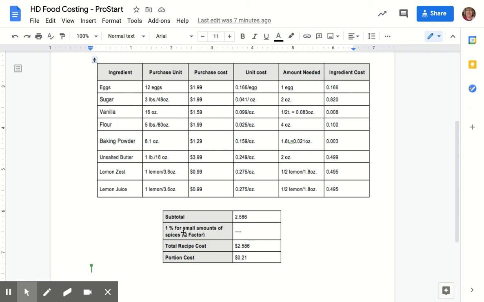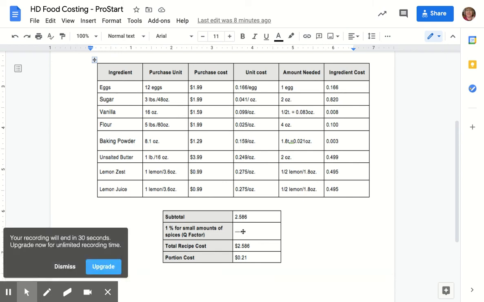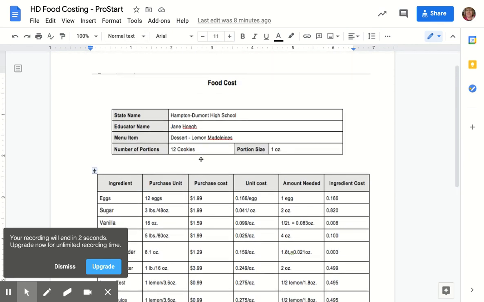The other thing is, this is for the spices. So I would take 1% of this number and add it in for the spices. That's how they allow us to calculate something small. And if you're also doing frying, it's 2% is another row. So 2% of whatever this is. So you add this, your 1%, your 2%, if you have them, for a total recipe cost. Now this recipe right here made 12 cookies, and